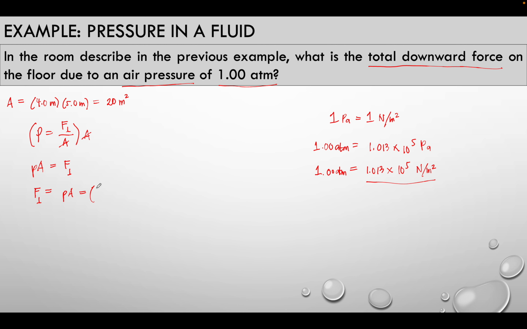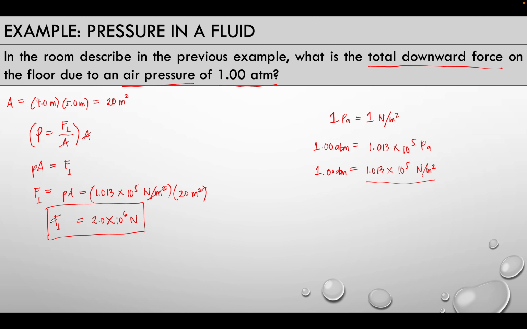So the pressure of air is, we have 1.013 times 10 to the power of positive 5 newtons per square meters times the area, which is 20 square meters. So as you can see here, the 1 over square meters and the square meters right here will be cancelled out. So we are left with the unit newtons. Okay, so the downward force on the floor due to the air pressure is, we have 1.013 times 10 to the power of positive 5 times 20 is equal to 2 times 10 to the power of positive 6 newtons. So this is the value of the downward force on the floor due to the air pressure,